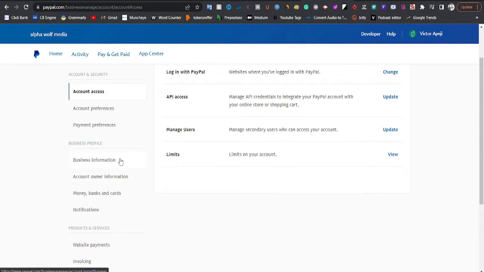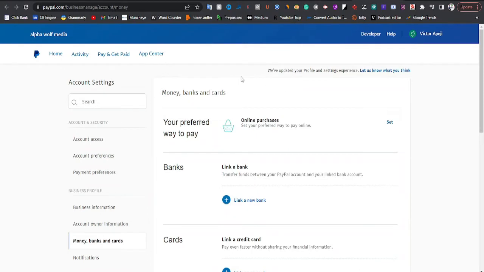Under business profile, you see business information, account owner information, money, banks and cards. Money, banks and cards, right? So you're going to click on this money, banks and cards. When you click on this and it loads, it's going to bring you to this place where you will now see money, banks and cards, your preferred way to pay, your banks, link a bank